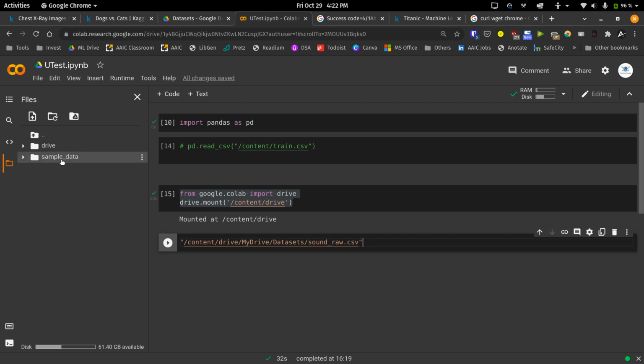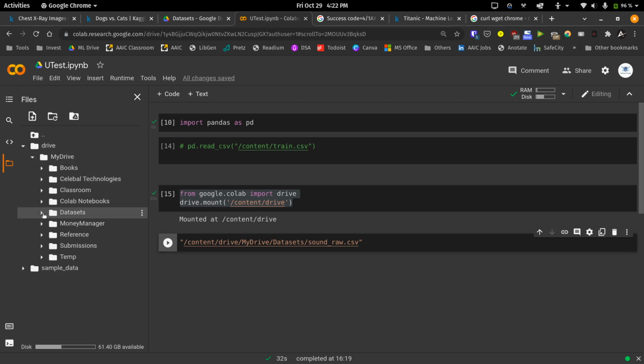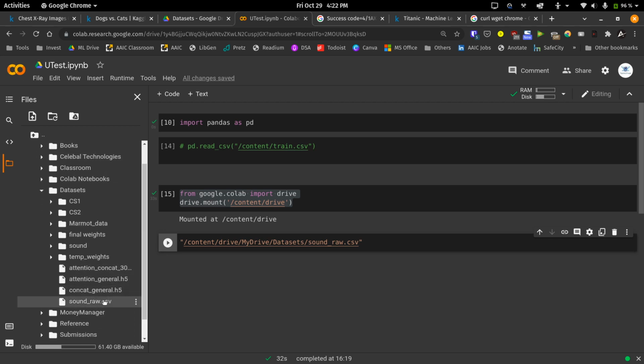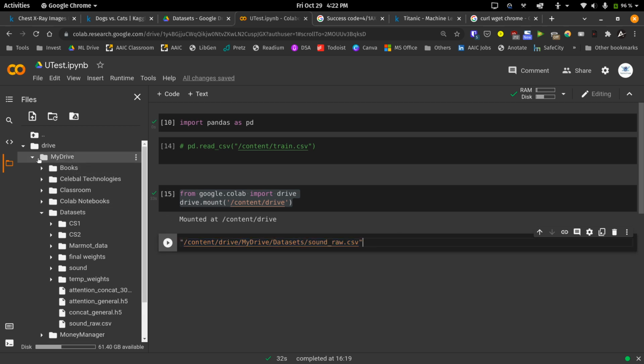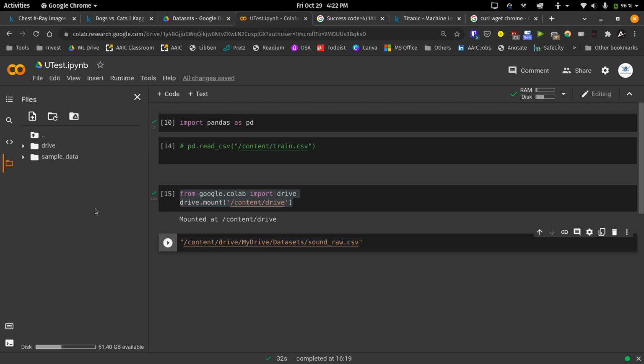But if your files are present in your current runtime, that is in this folder, not in the drive, then speed is boosted. You can read files faster when they are in the current runtime. So reading files from drive will be slower. For smaller files it's fine, but for larger files it's not recommended. So what you can do is, once you mount your drive, let's say you have a zip file somewhere, and I want this file. Instead of directly running it from your drive, you can copy this file to your current Colab instance and then run it.